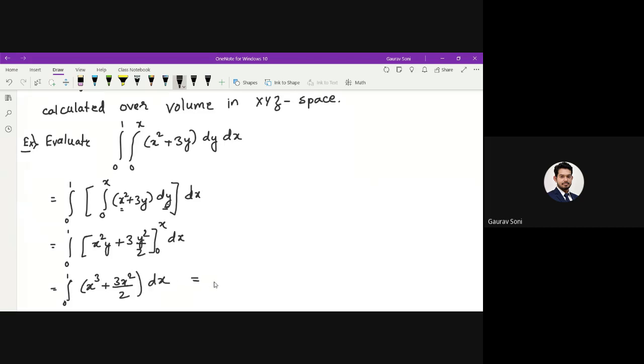Now this will be integrated with respect to x. That will be x raised to 4 divided by 4 plus x cube divided by 2. Please check the calculations. Limits from 0 to 1. So this is 1 by 4 plus 1 by 2, which is equal to